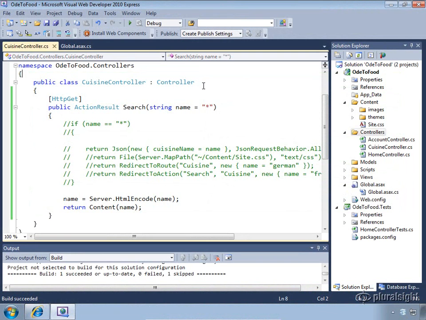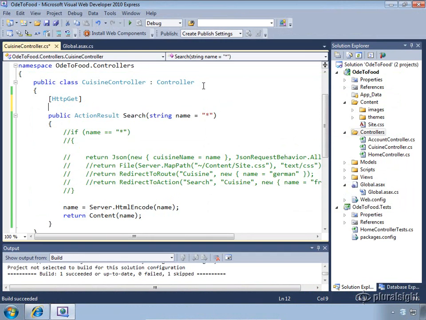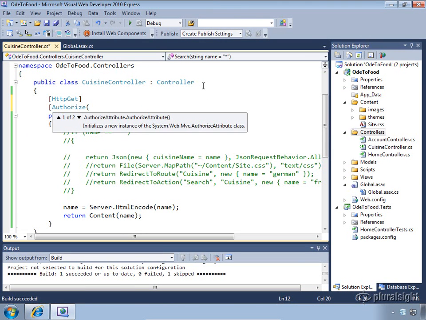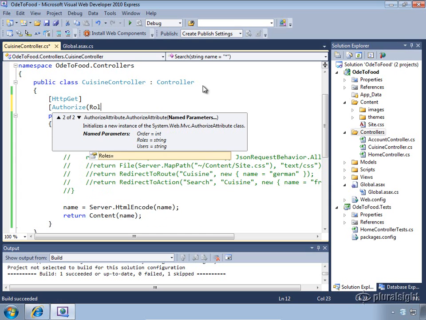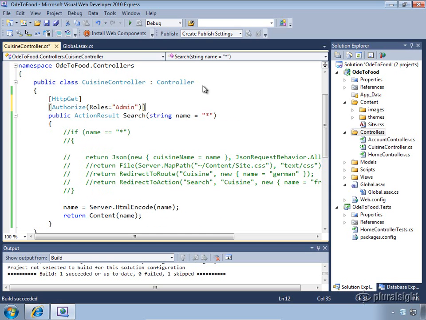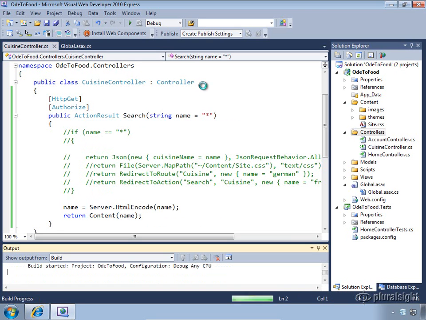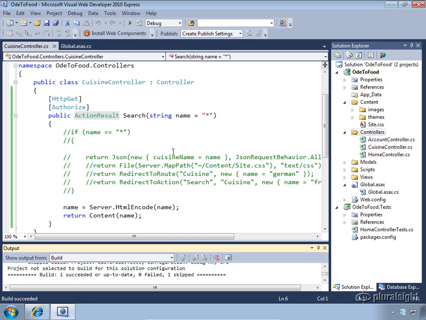Let's try to apply the authorize attribute to our search action. So I'm just going to type authorize. You can also apply additional parameters in here. So I could say roles equals admin. That means that not only must the user be logged in, they also must be in the admin role to be able to access this action. But I'm going to leave that off for right now. We're just going to say that a user has to be logged in to be able to access the search